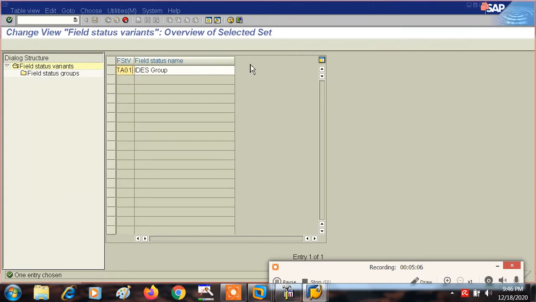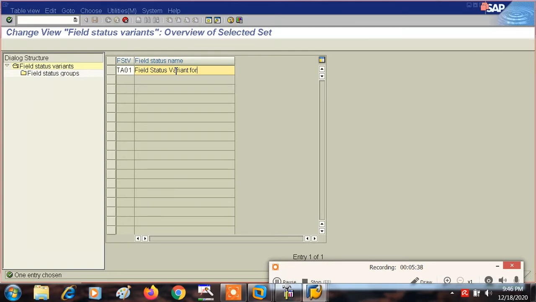TA01, and here also you could change the description, like field status variant for TA.